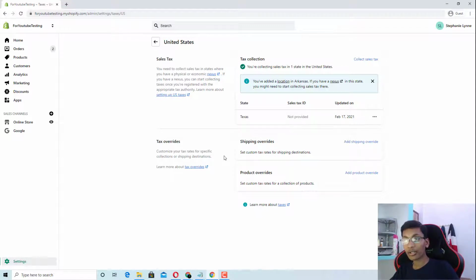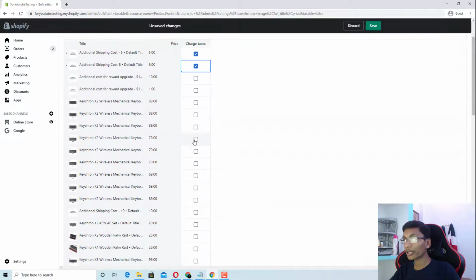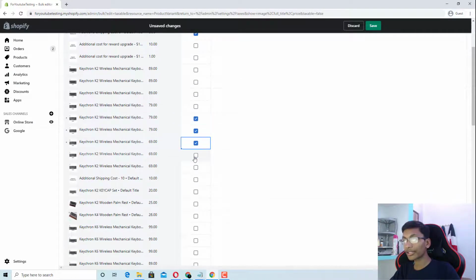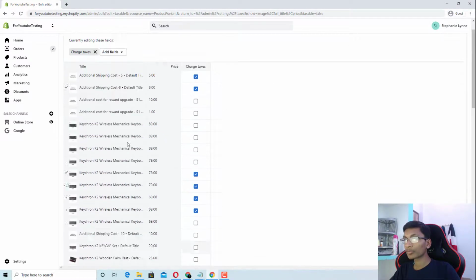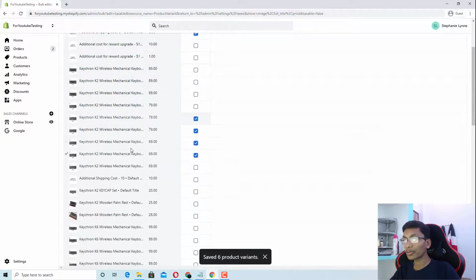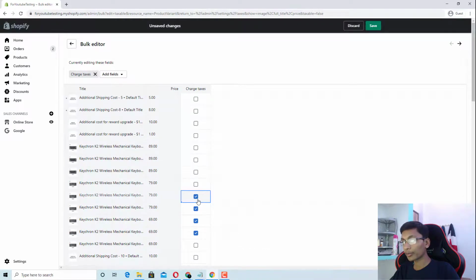You can charge the customer using two types of tax overrides. You can charge the customer for shipping overrides, and you can charge the customer for product overrides. You can also charge taxes on specific products, like you can select a product from here. As you can see, all the products are listed here, and you can save here. So on these products taxes are added. So we will simply remove this, as we don't want to create an entry barrier.